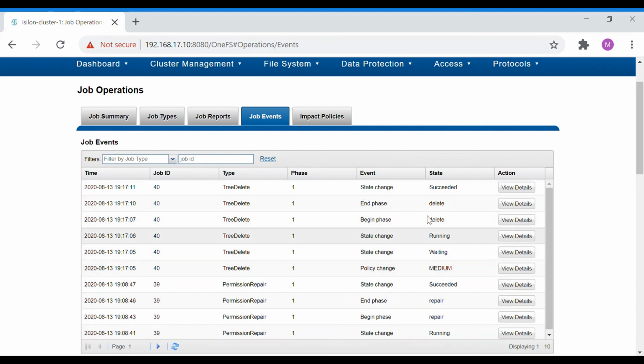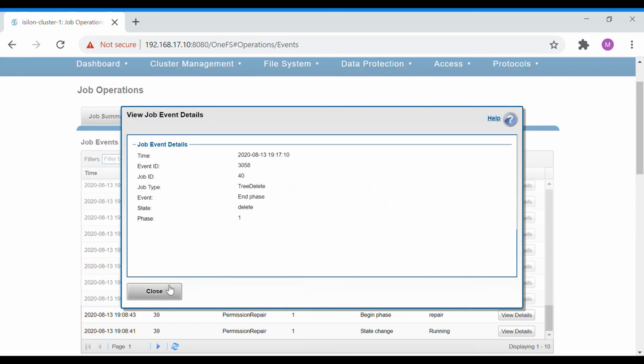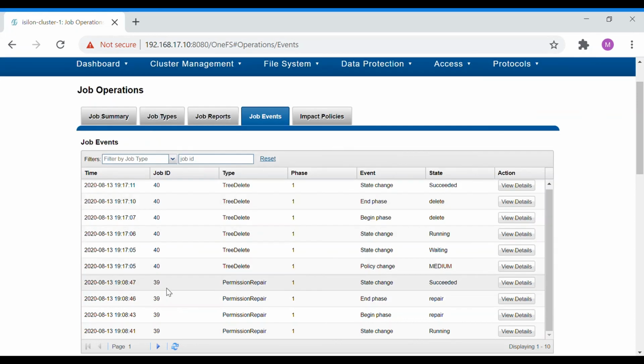Here you can see the status: waiting, running, delete, and succeeded. One by one the events will get updated here. So if any of the jobs has failed, you can check in which particular state or which particular phase this job has failed. Here you can see the view details. You can check all the details in an elaborate form.